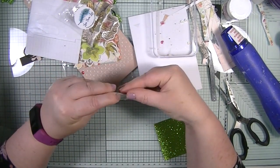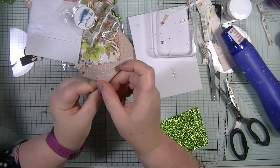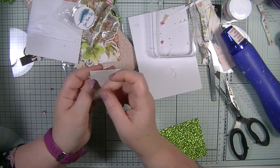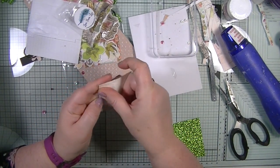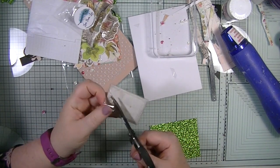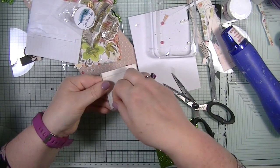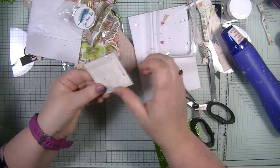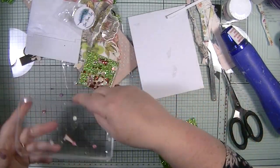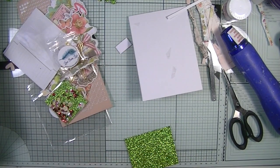So I'm just going to fold that over, and then we're going to grab some more sellotape and do that closed. Right, now I can concentrate on closing each of the... Oh, come on. That's going to go over that edge, which we don't want it to. And then that bit on there. Okay, so there's my little shaker element, and we have just a few of the sequins left to use,